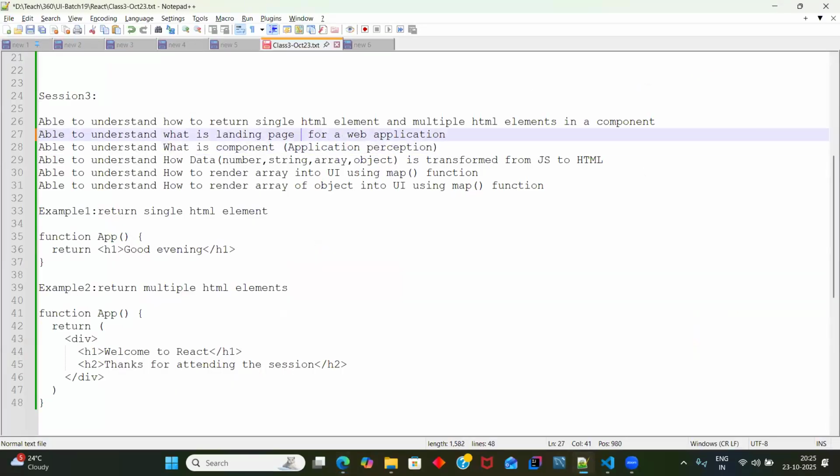Now, from a React point of view, guys, index.html is a landing page. And in index.html we are rendering the app component, right? So this app component, we can say, is a landing component. Because in index.html, guys, if you see,